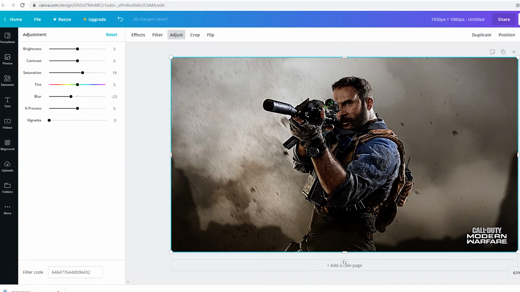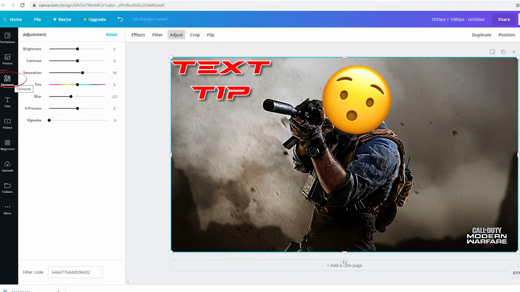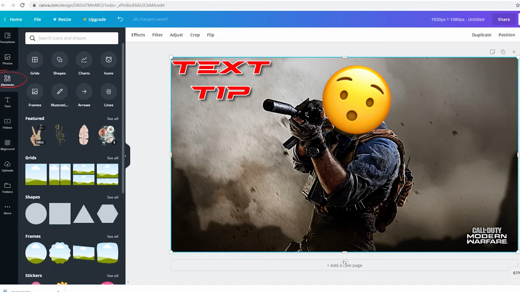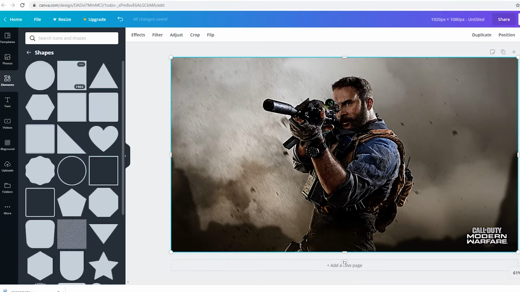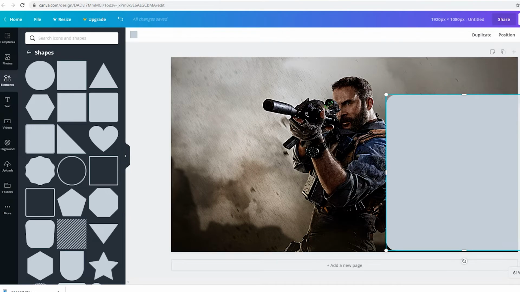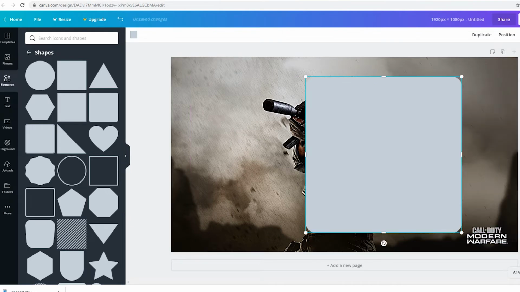But now we want to get to the nitty-gritty of our text. And there's actually a little secret you can use to make your text pop out a little bit more. Now what I want to do is bring in a rounded corner box. Now I'm going to put this shape where I want my text to go, and I want to cover this